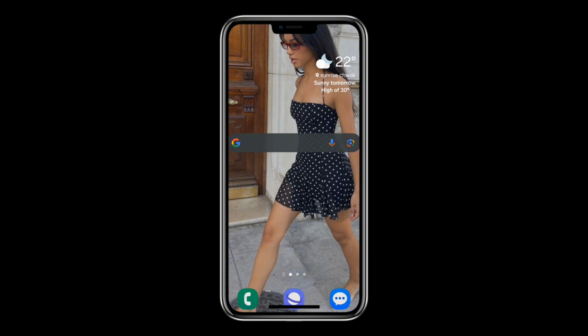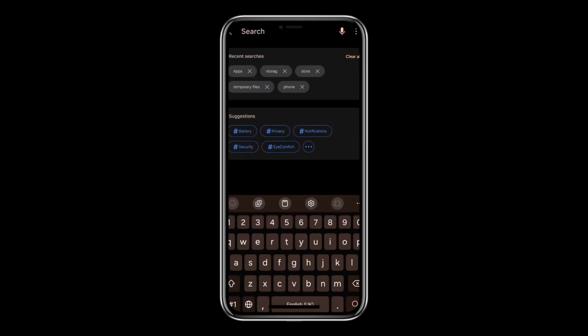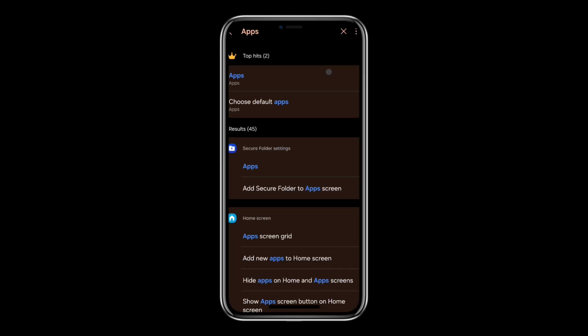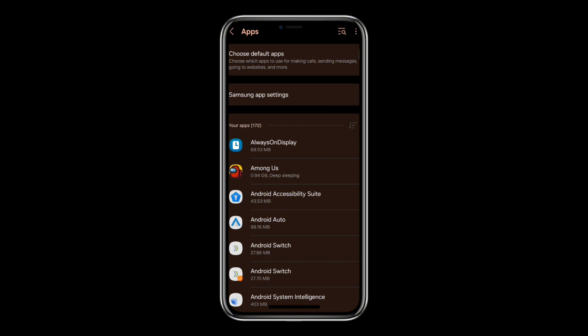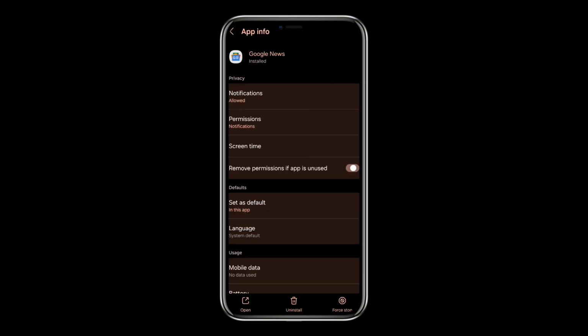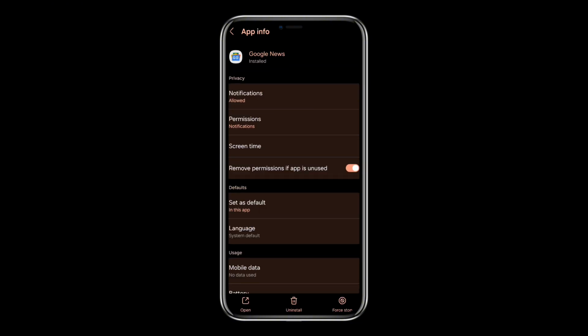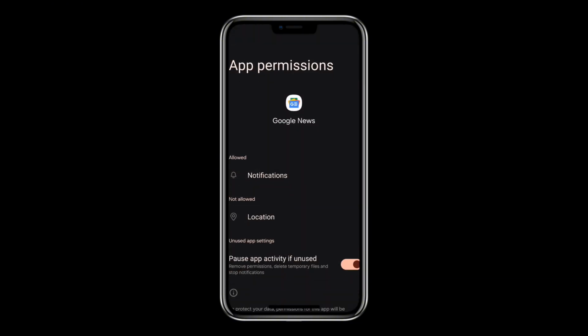First of all, open your phone settings and search for apps, then navigate to apps and search for the news app. There, tap on notifications and make sure that notifications are allowed. Now go back and tap on permissions and make sure that the app has the necessary permissions like location, storage,